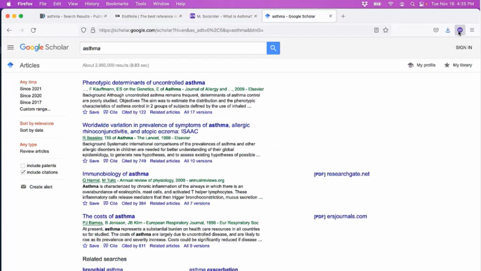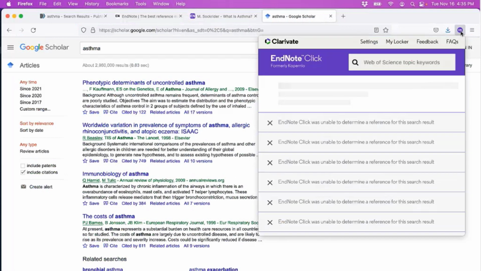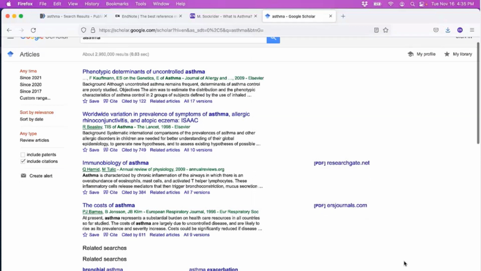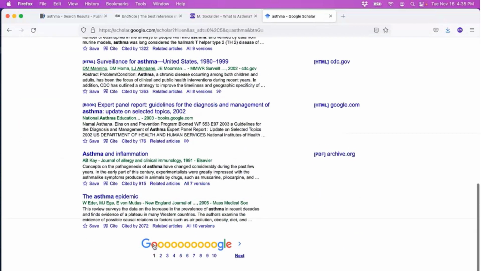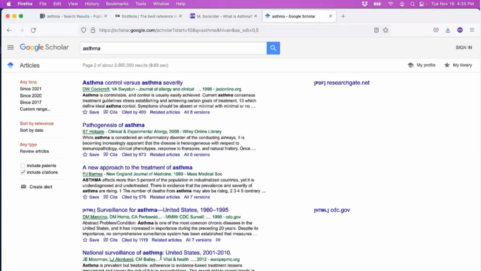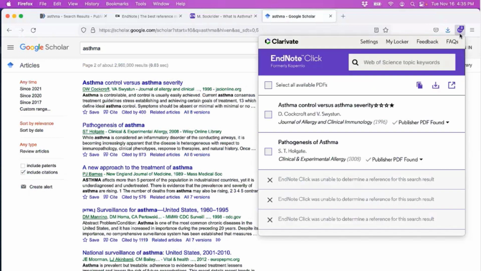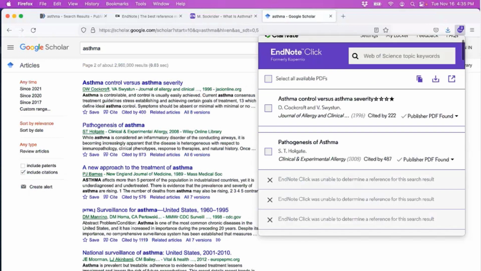So even though we don't see a similar View PDF button here, when you have an active browser extension like EndNote Click, usually you'll have an icon for it in the top right of your browser. For EndNote Click, there are some links to get your locker in for settings. But the other thing that occurs here is that EndNote Click will recreate the search that's displayed on screen so that you can interact with references or request references even if there's no View PDF button on the search results page.